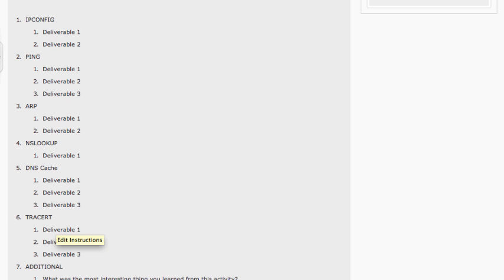And this is one additional piece that I'm looking for: what was the most interesting thing you learned from the activity? It's nothing real difficult here. It's not really busy work because it's not hard, but it's just going to kind of open your eyes to what's going on there at this network and transport layer that's setting up all of the right pieces for your computer to be able to talk to a server and for the server to be able to talk back to